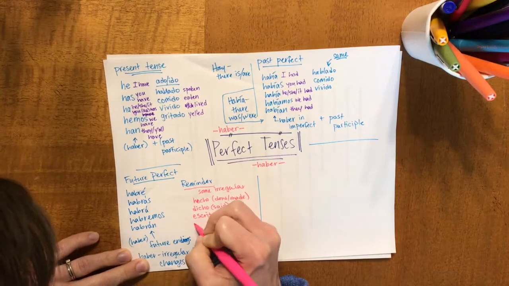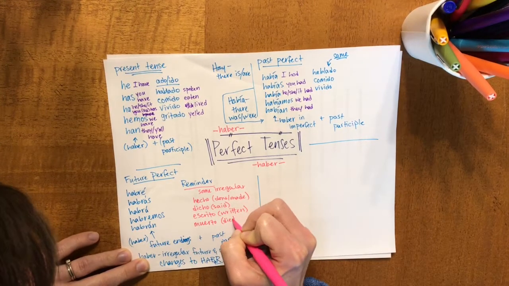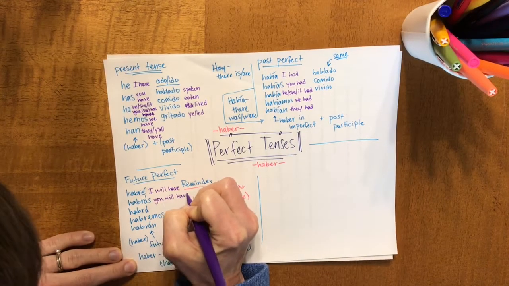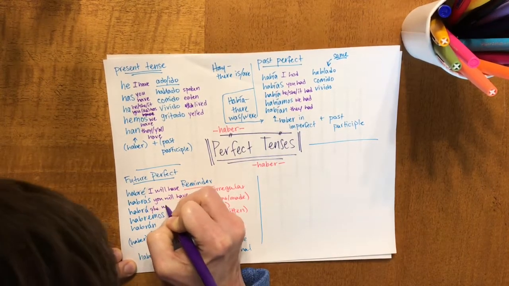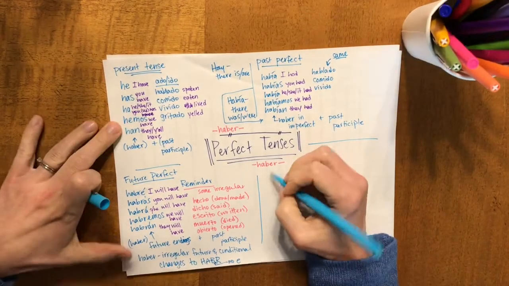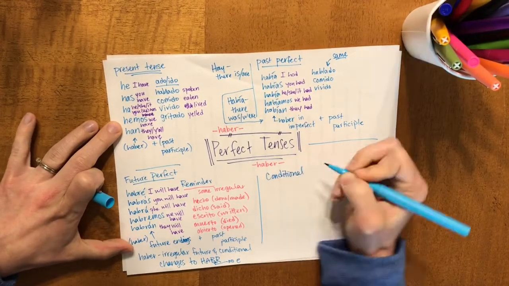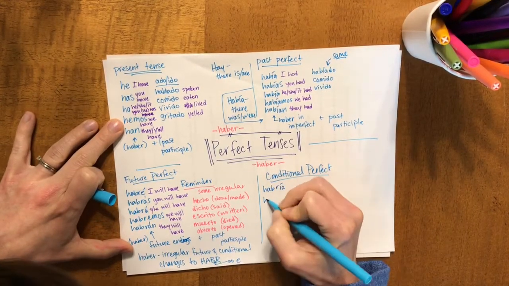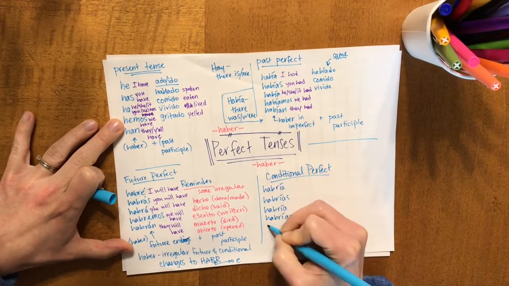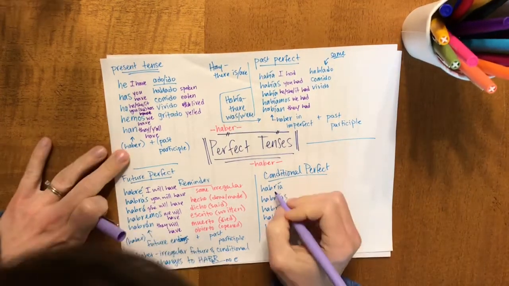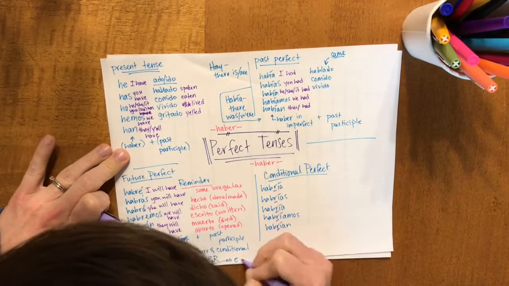So just a reminder, there are some irregular past participles here, a few common ones: hecho, dicho, escrito, muerto, abierto. So in the future, this is saying, I will have eaten. I haven't yet, but I will have eaten by the time I go out tonight. The conditional is going to be exactly the same, conjugated just like it would be in the conditional, taking habr and then adding the ía on the end. Habría, habrías, habría, habríamos, and habrían.